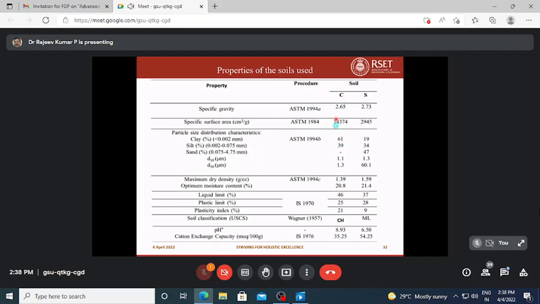And 61% of the particles are in the clay region for the kaolinite. Specific surface area, you remember I had already mentioned adsorption or sorption, which retards the movement of the contaminant. If specific surface area is high, the surface area available for the contaminant or chemical species to adsorb onto the soil is very high, but for the silt it is very low. I think it is 7 times less than the clay soil, and this gives very little surface area for adsorption purposes.